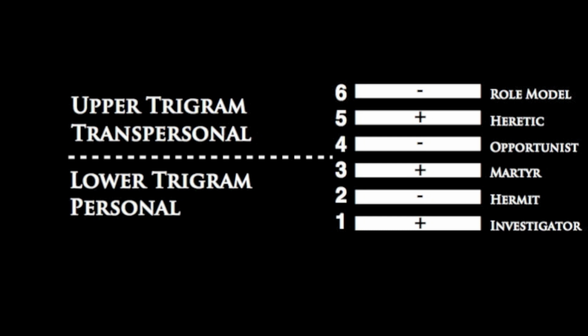And just another quick keynote is that you could think of the first through third lines of the lower trigram as being more left oriented in terms of the splenic area of the body graph, more left, logical, and personal, right? Where you have things like the integration channels, which are very individualistic, meaning very personal. But when you get to the upper trigrams, you could think of that as being pulled more right toward the solar plexus, which is more communal, more having to do with humanity, groups of people and community, religion and what have you.